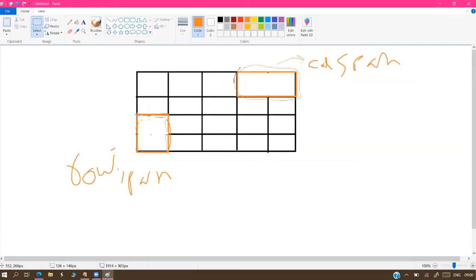Minimum two rows and two columns. If you want to merge any rows or columns, minimum two is compulsory; the maximum depends upon the requirements. So this is the process: rowspan and colspan.